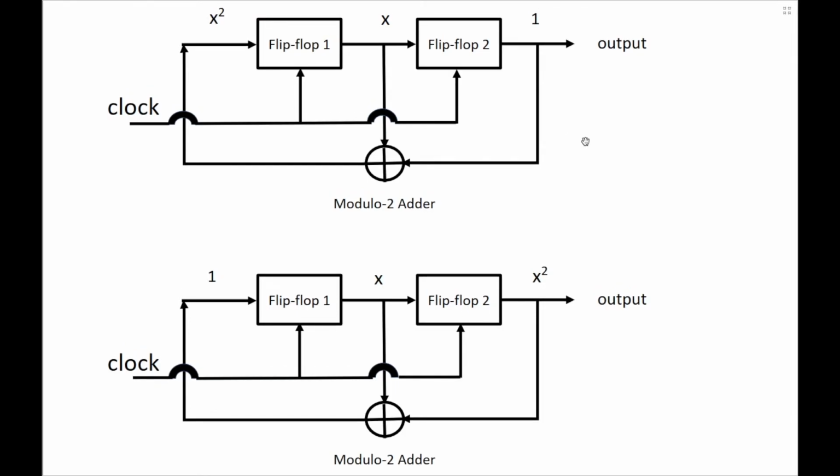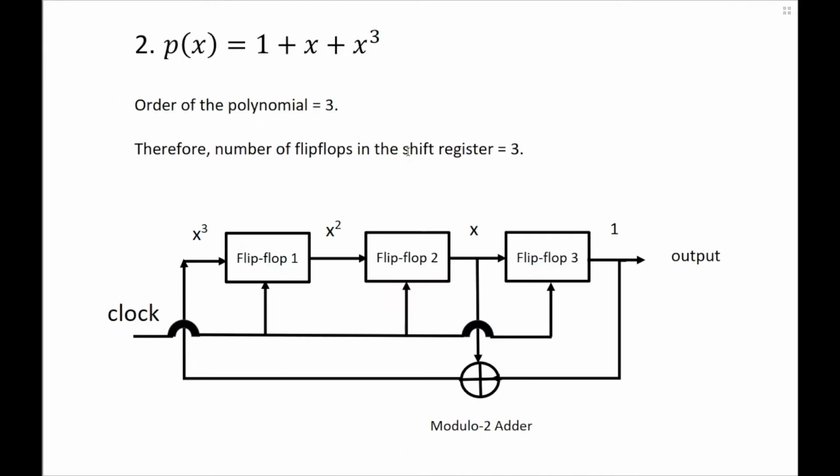If you are wondering if the maximum length sequences or the PN sequences generated by these two sequence generators will exactly be the same, for this particular case it will be the same because we have the exact diagram for both the conventions. If on the other hand the polynomial was a different one, the sequence will differ. However, the sequence generated will satisfy all the properties of the maximum length sequences and therefore will be a valid sequence. Let me now move on to another example here.